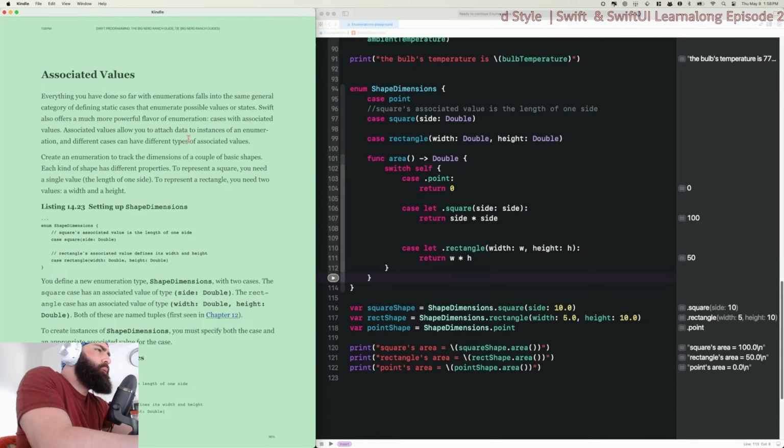Attach data to instances of an enumeration. Allow you to attach data.